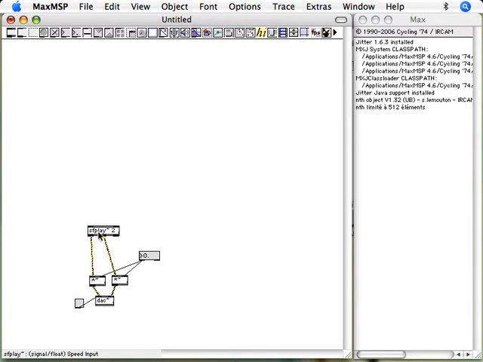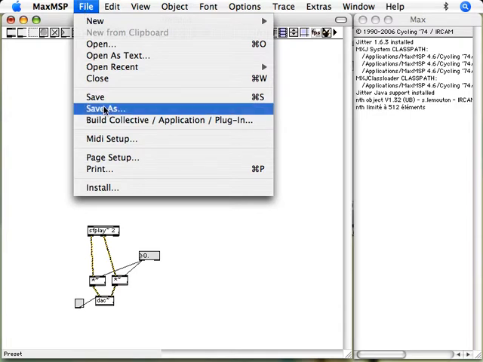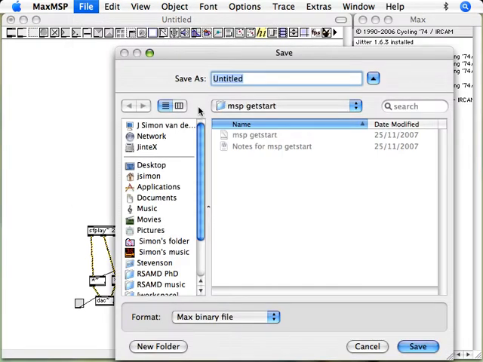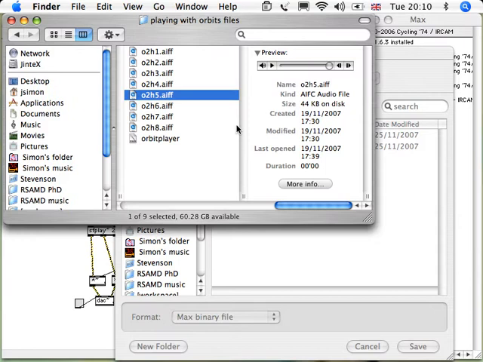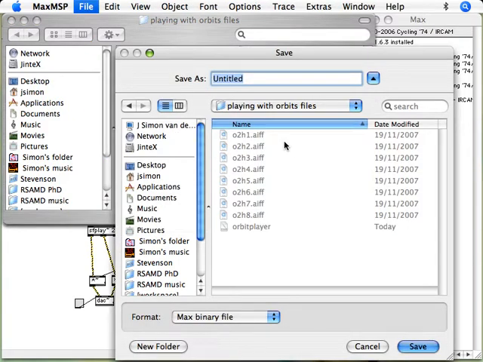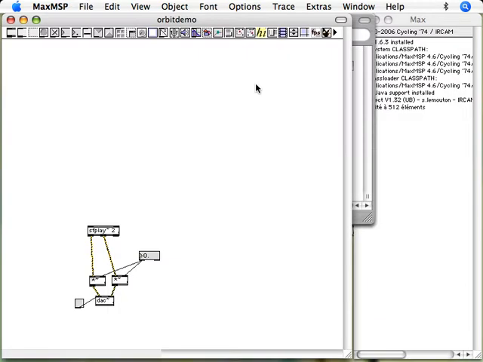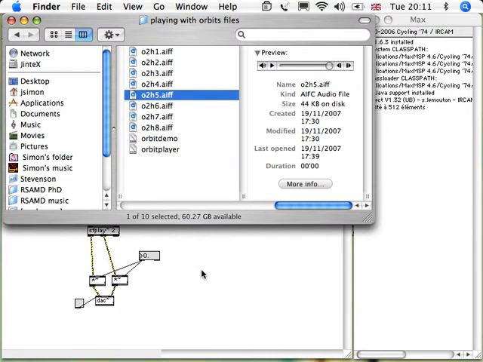So now I need to tell my sfplay to open a file. What I'm going to do for now is save this object, and importantly I'm going to save it in the same folder as my audio files are. That'll make it much easier for Max to find the files. So this can be, let me see, Orbit Demo. Okay, so now that that's saved in the same folder where my audio files are,